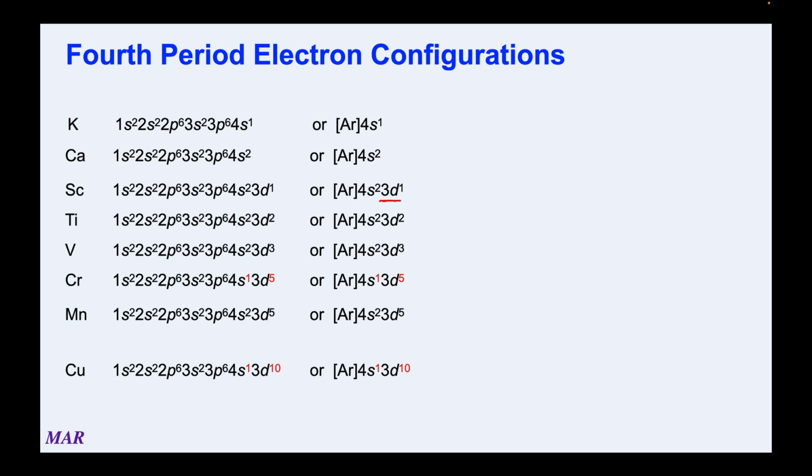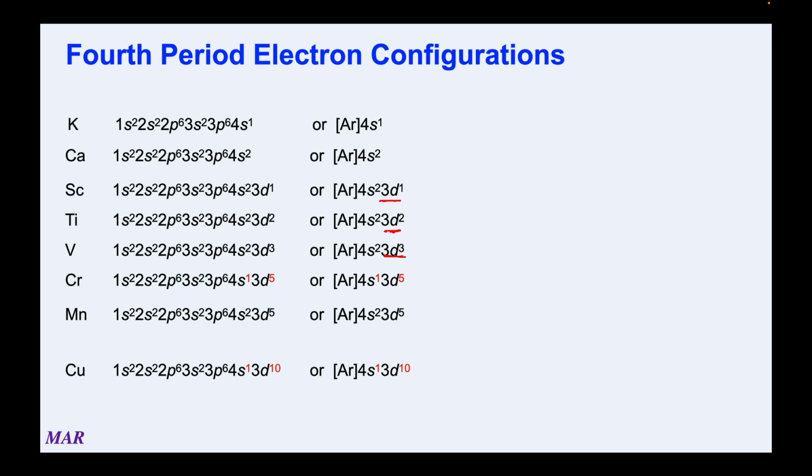So earlier with transition metals, it said n-1 d electrons. That's because you're in the fourth period. 4 minus 1 is 3. So that starts the 3d electrons. Titanium, one more electron than scandium, would be 3d2. Vanadium would be 3d3. But look what happens when you get to chromium, because chromium would have one more electron